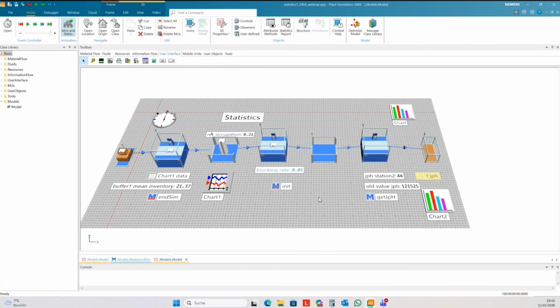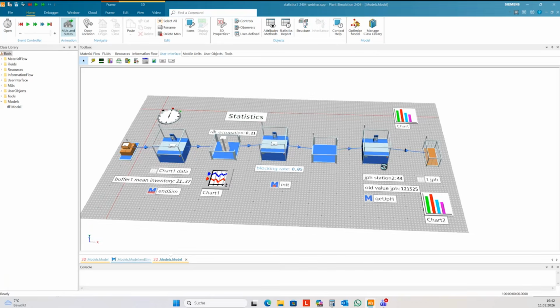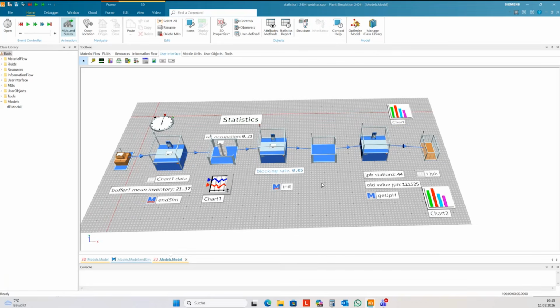But if you have such errors, failures, then you need to run faster to get your 50 jobs per hour. Okay, so this was only a small fraction of statistics.